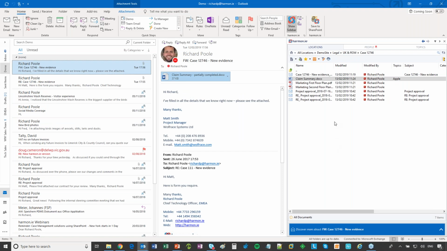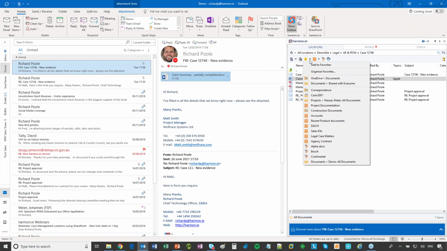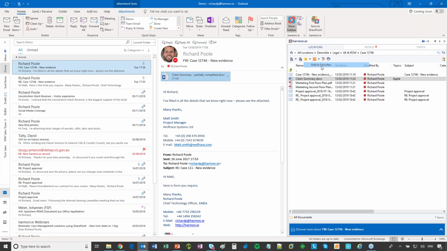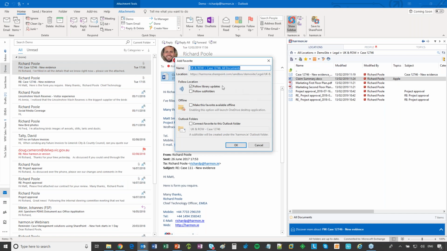As I say, I might want to know when Susan's actually made a change to any of these documents in this particular library. So Harmony has a favorites mechanism whereby anything I browse to, whether it's, as you can see here, some document sets, some views in libraries, some filtered views or folders, for example, I can add those as favorites. And what that means is I can follow it for activity, so I can be notified whenever